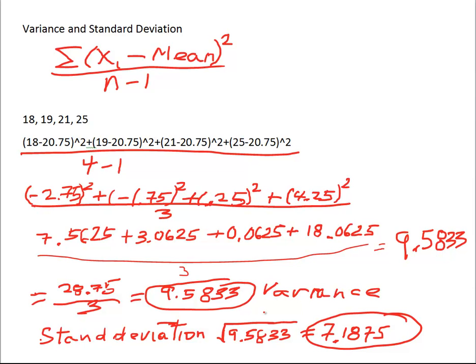So in this case, I'm going to put this in green, just in case you have a question about the population. So if you have to do the population, I'm going to write a little population,